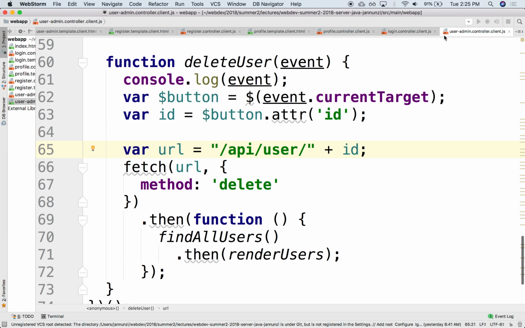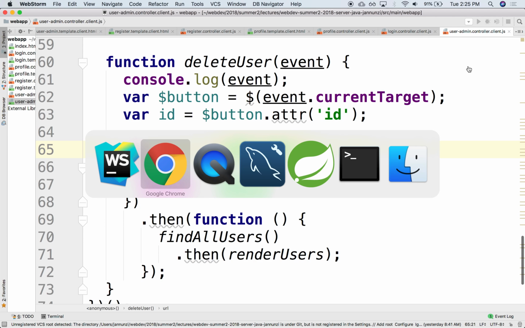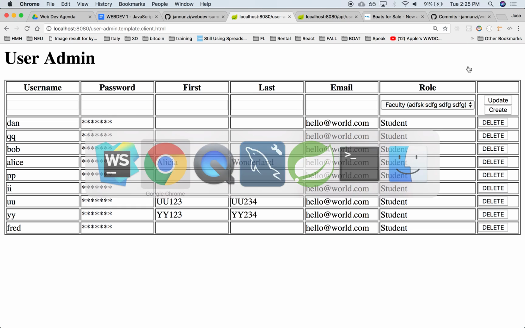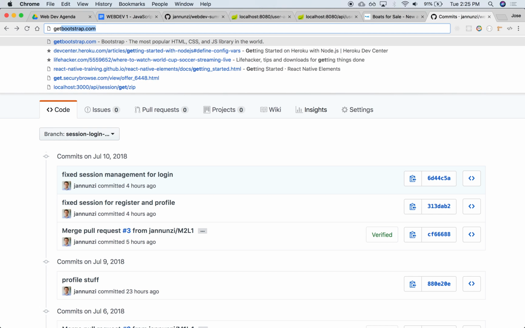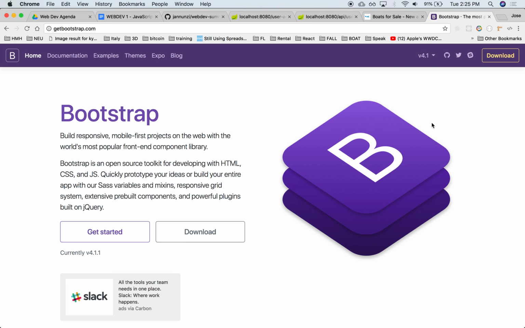So first, let's style this a little bit so it looks a little more presentable. I'm suggesting that you use a library such as the Bootstrap library. That is very popular amongst developers. There are a few of these libraries that are specifically for developers like us. They don't style the entire page. They have lots of widgets that